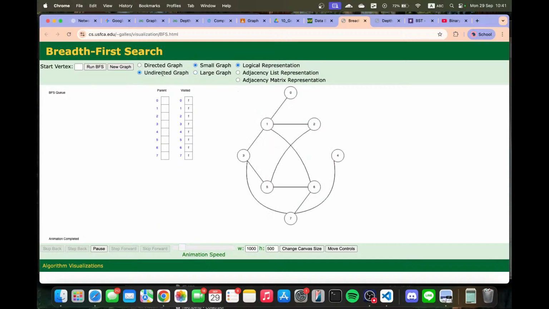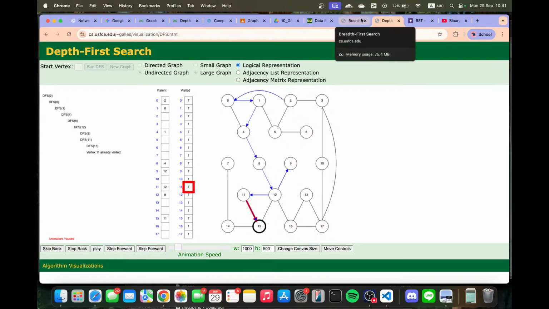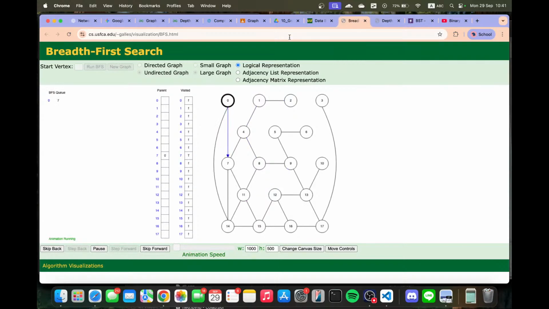I'll start with this node 0. Again, in depth-first search, starting from 0, we start to go deeper away from 0. You can see that. But here, in breadth-first search, the concept is